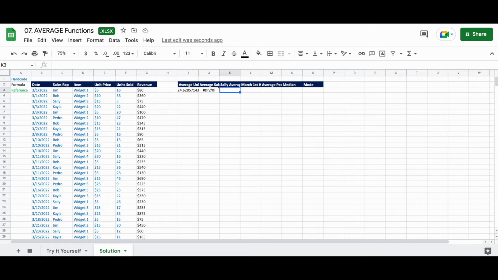Okay, so next we're going to look at the average if function. While we are going to show you the average if function, as a best practice, we recommend always using average ifs instead of average if, and we'll cover that in a little bit. Okay, on to average if.